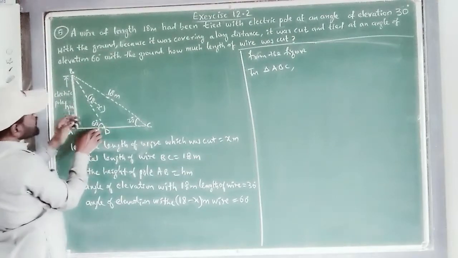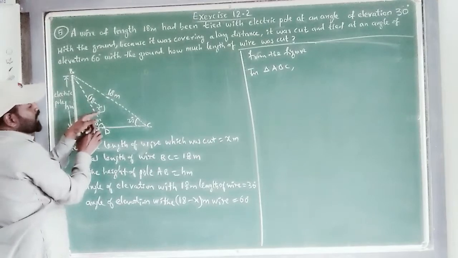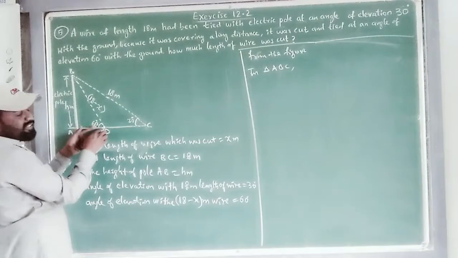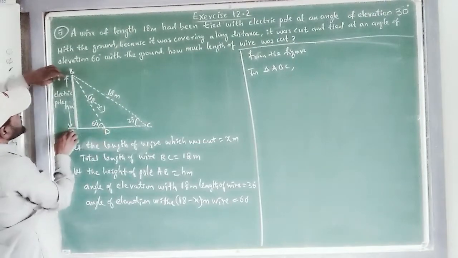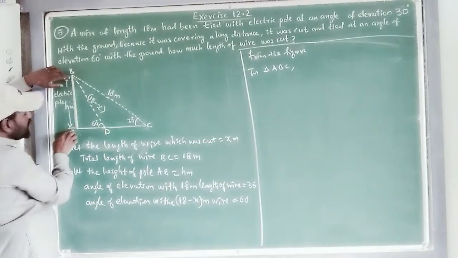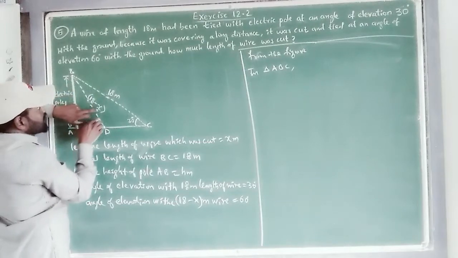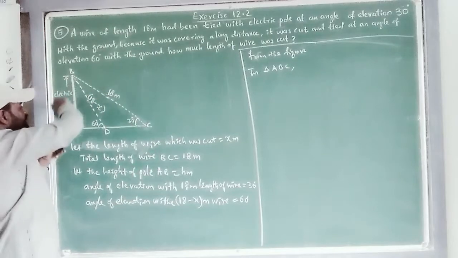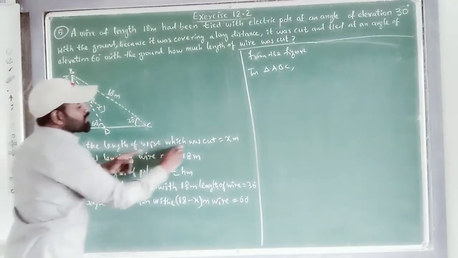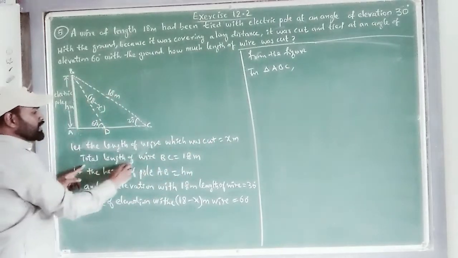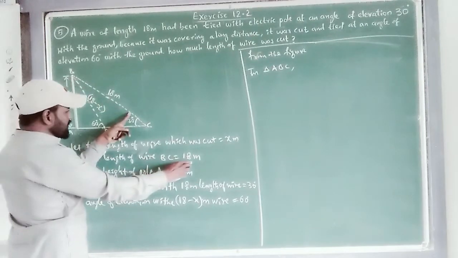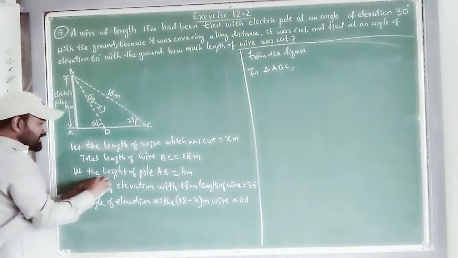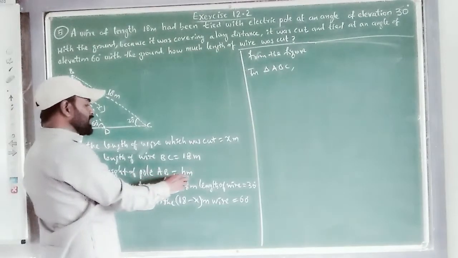Now let us find how much wire was cut to reduce the distance, and by reducing the distance, the angle of elevation is increased. What is the height of the pole, that also we do not know. The length of the wire that was cut is what we actually need to find out. To find that, in this figure we assume the wire which was cut as x meters, and the total length of the wire BC is 18 meters, as given. We do not know the height of the pole either. Let the height of the pole AB be h meters.